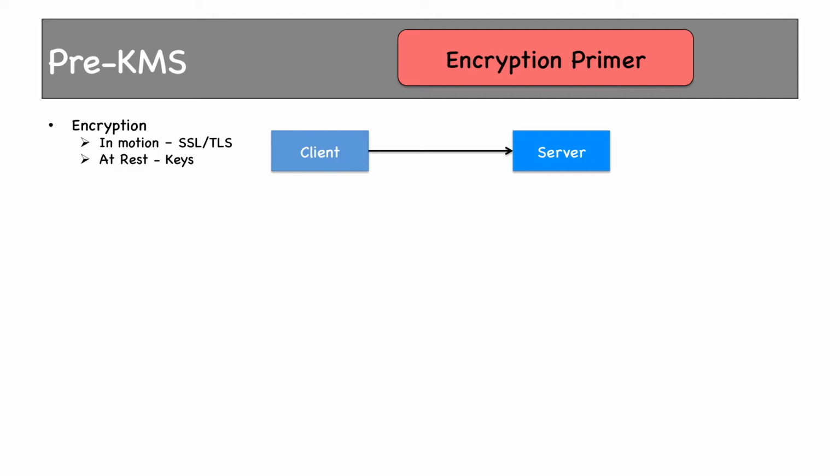Then you have encryption at rest. It is achieved by encryption keys. The data which has been sent to the server has to be stored in some storage media or the other. Data which has reached this server is encrypted in the server itself before storing it to the storage media. Encryption keys are used to encrypt data, be it in motion or at rest.